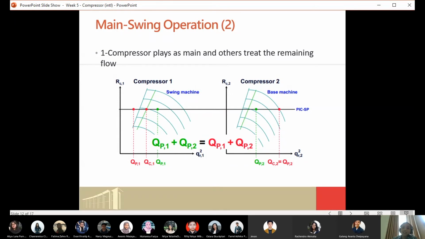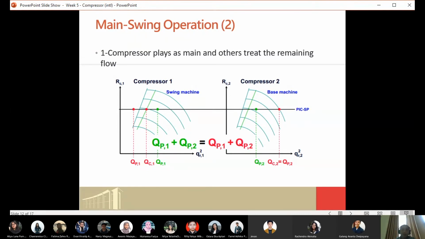Usually this becomes the advantage. But the disadvantage of this process is that in the case where compressor one becomes the swing machine and has less flow rate, you have to open the recycle.